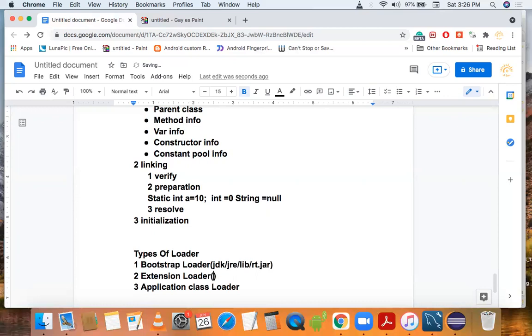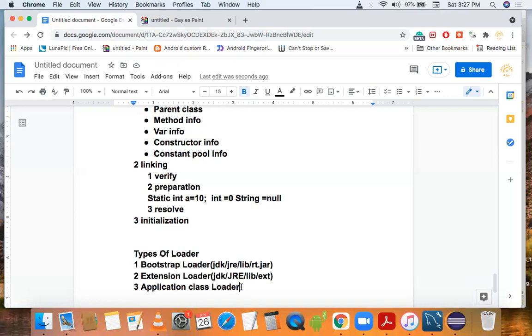Then second one is the extension class loader. Basically it will get the .class file from the JDK folder, then it will search for the JRE folder, then the lib folder, then the ext folder, and in this extension folder it will search for the .class file.